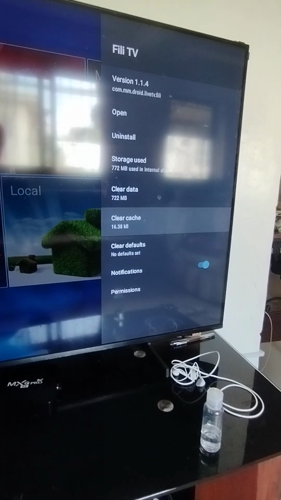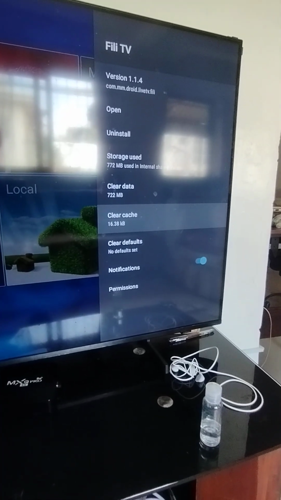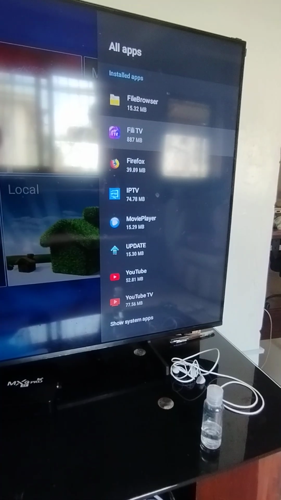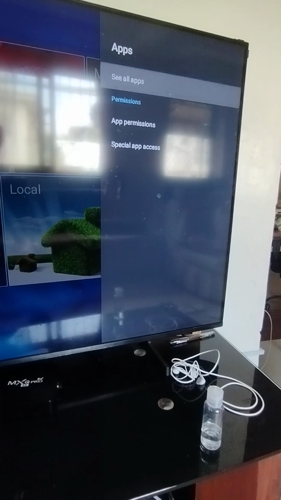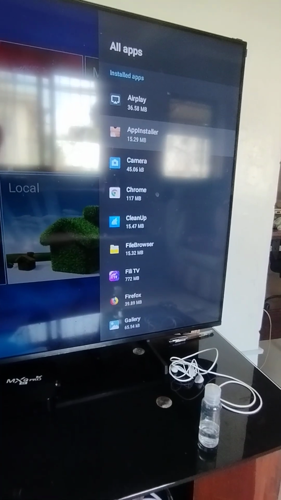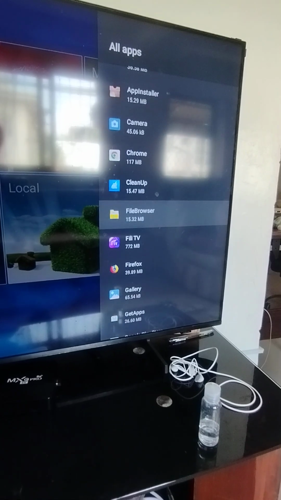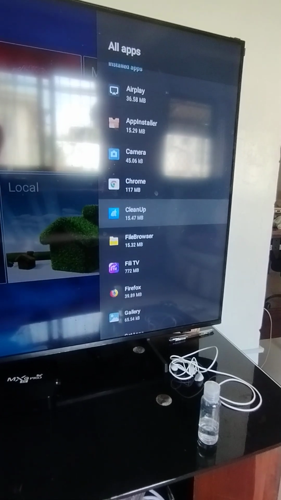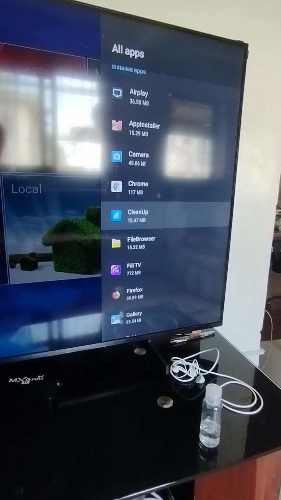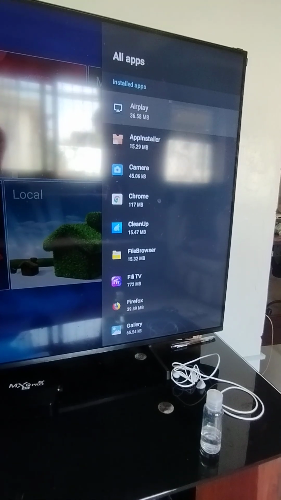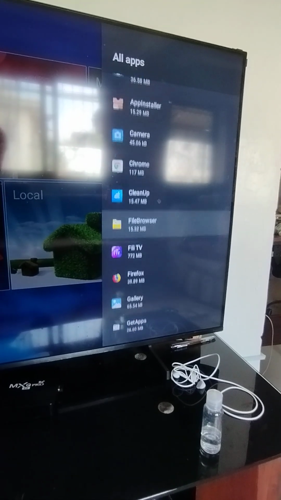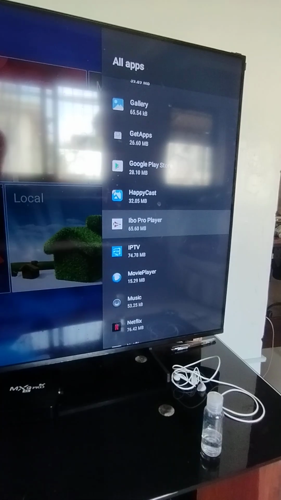just a KB size. And also, by the way, you can select all the apps that have some cache here that need to be cleared.